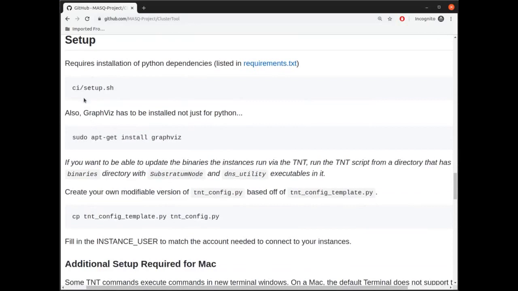This is definitely required. We do have to install a bunch of Python dependencies. I'm not sure that I'm going to get much out of this on my machine because, like I said, I already have Python installed on my machine, but let's see how it goes.